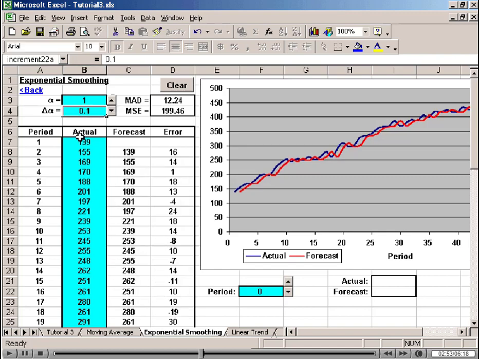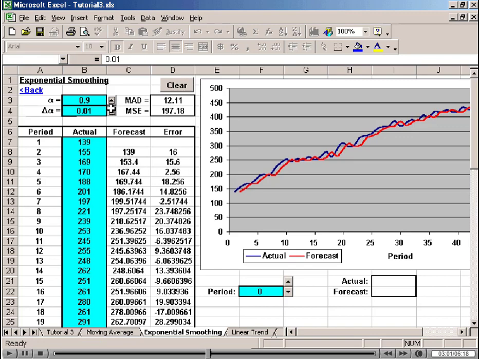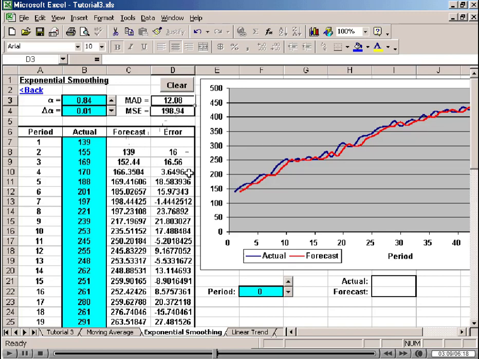Changing the increment from 1/10 to 1/100th, it appears that the best we can do is a mean absolute deviation of 12.8 when alpha is in the range between 84